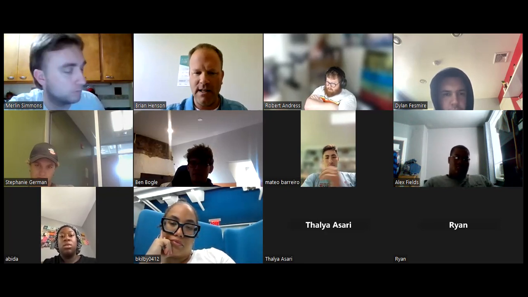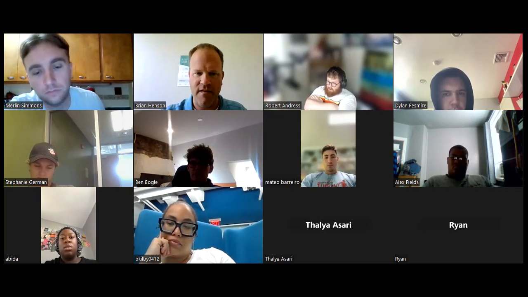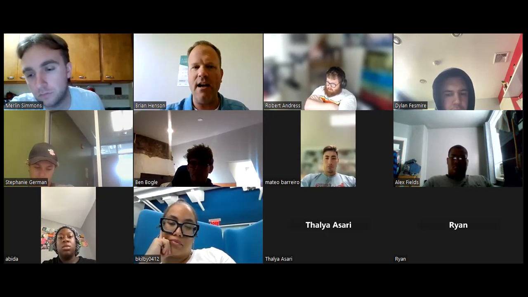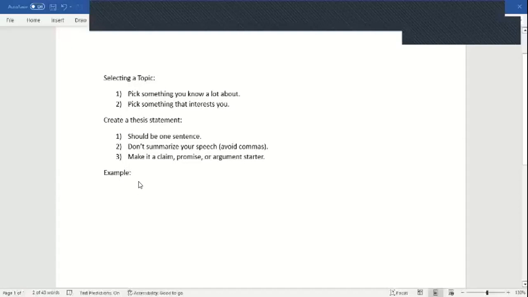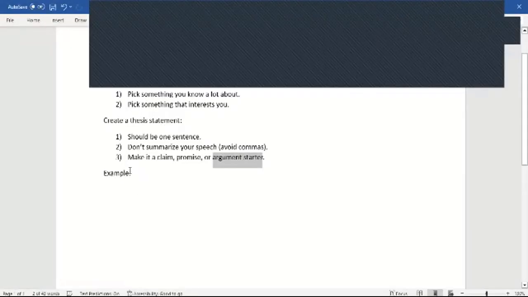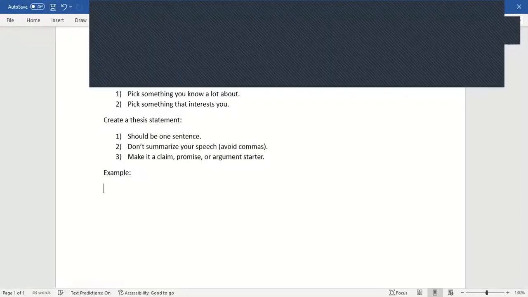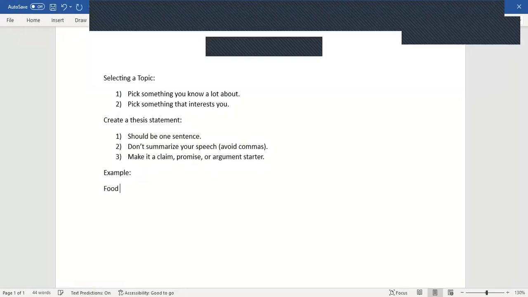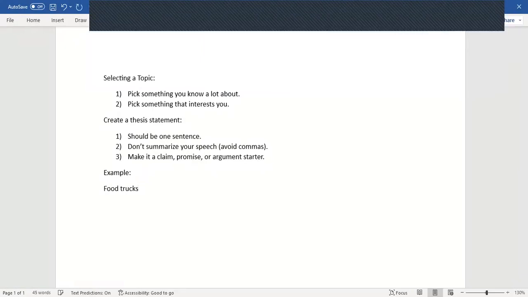Okay, all right, so let's take a look at that. We can dovetail that into what Merlin said without making it persuasive. So we can say, food trucks are a new innovation.